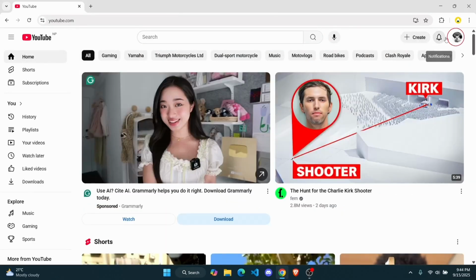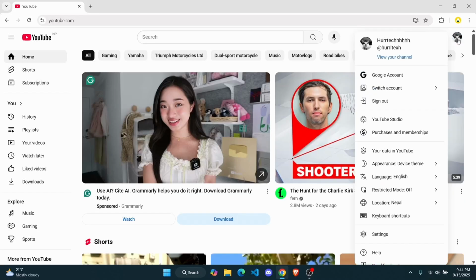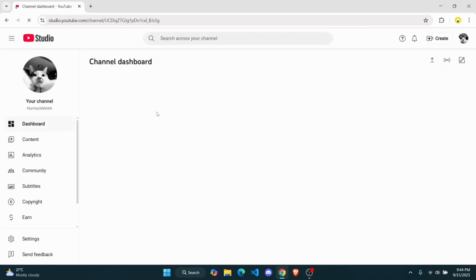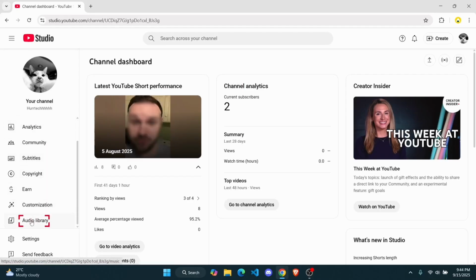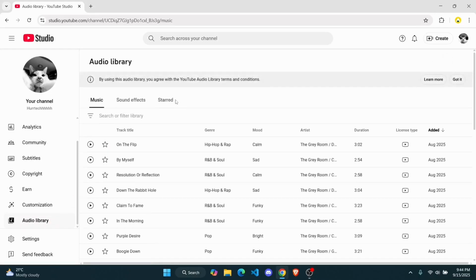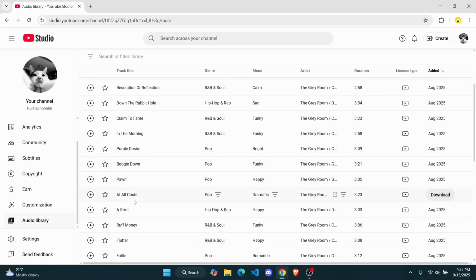So I can tap on the profile icon at the top right corner, just like so. And then from here, you want to go to YouTube Studio. Click on it. Once you get to YouTube Studio, you'll find your channel dashboard on the left-hand side. You basically have to scroll down until you find audio library. Click on this, and then you'll find a list of sounds provided by YouTube itself, which you can use on